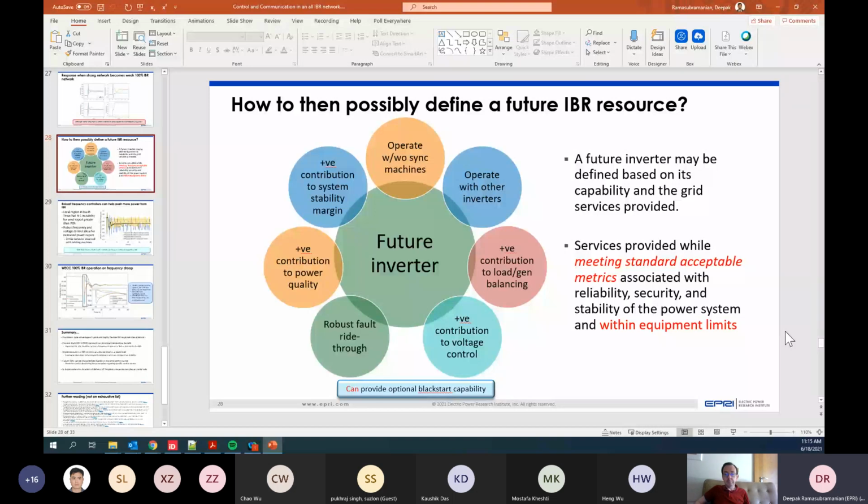I think at the end of the day, it comes down to, again going back to, the service that they can provide, and as the systems evolve, we will see a need for maybe system strength services. We will see a need for inertial response or fast frequency response kind of services, and that will help define this as places transition. So large systems like maybe the US Eastern Interconnect or Western Interconnect may not require this